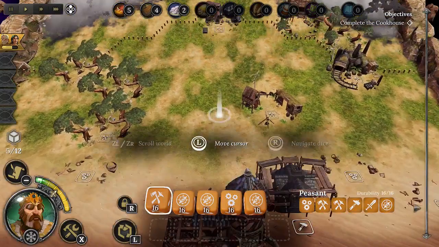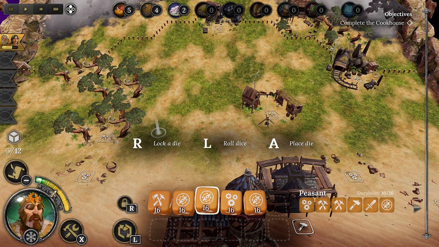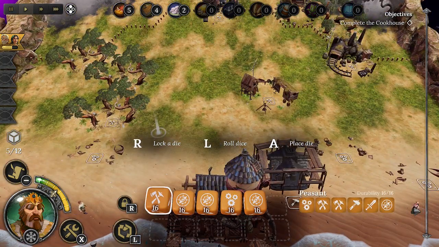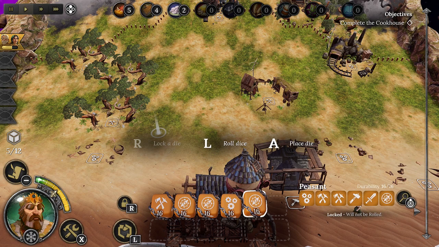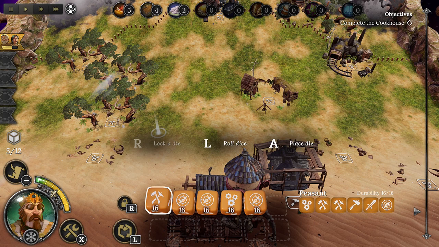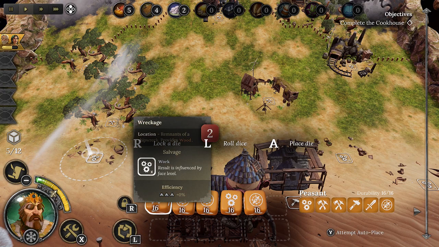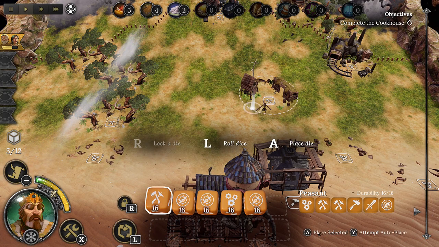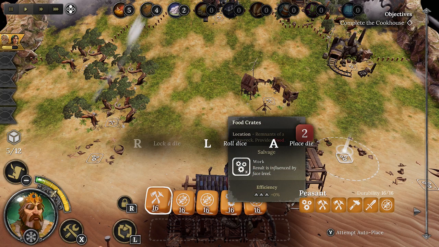And then you use your left stick to adjust the cursor, and you use your right stick to adjust what dice you want to select. If you press R, you can lock dice in place like this. And if you press L, you can re-roll your dice. And then you have panels like this on the floor, which is where you place your dice. So let's say here,